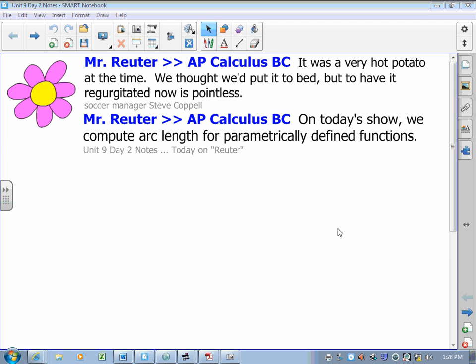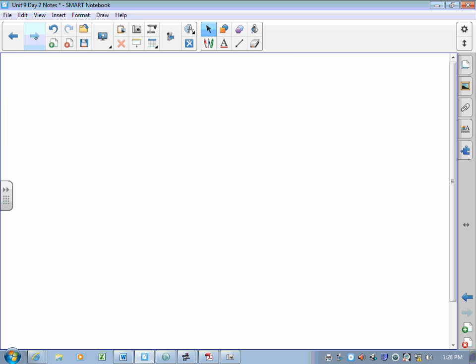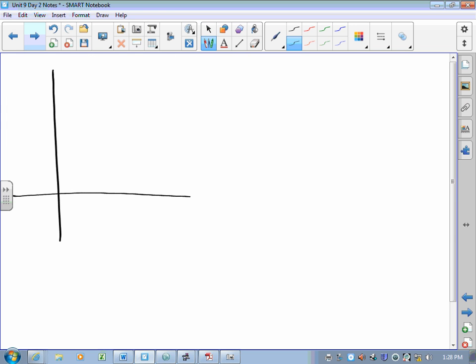All right, friends. So the other thing that we do with parametrically defined curves is we talk about arc length. We have to imagine how the arc length process worked before and then just do a little more of that. Here is a parametric curve, and we imagine that several line segments will do it for us. Each of those line segments has a length, and the length is based on a change in x and